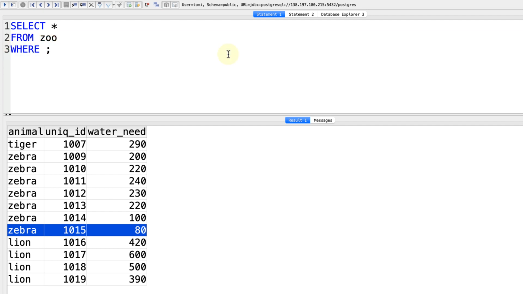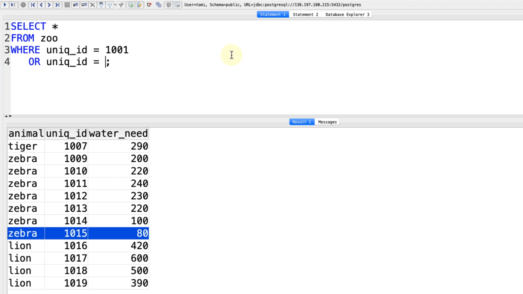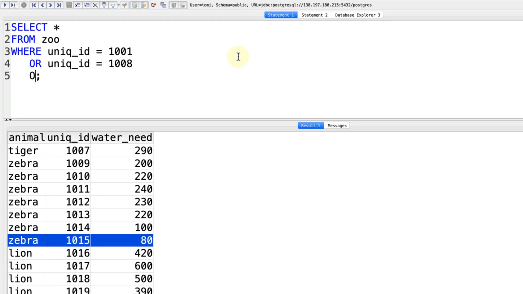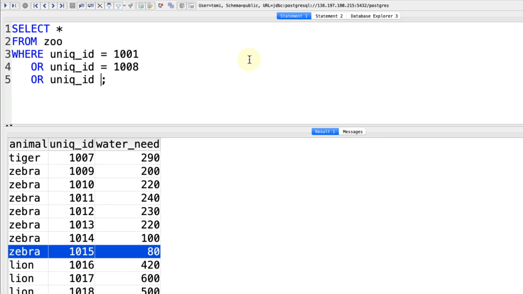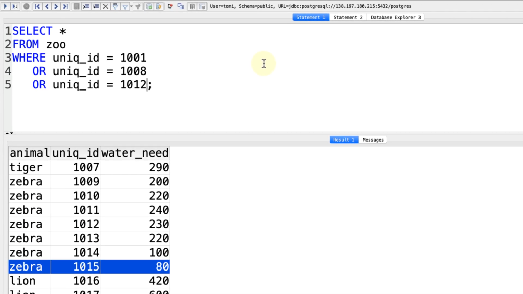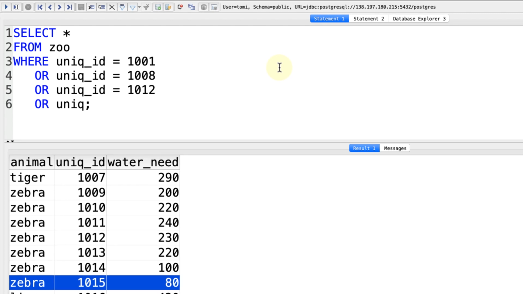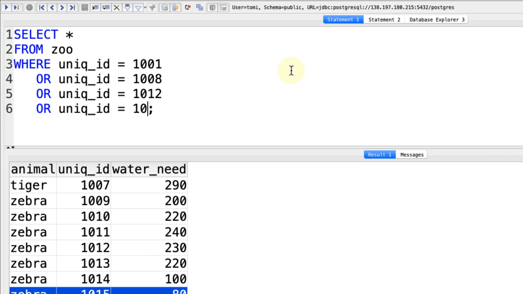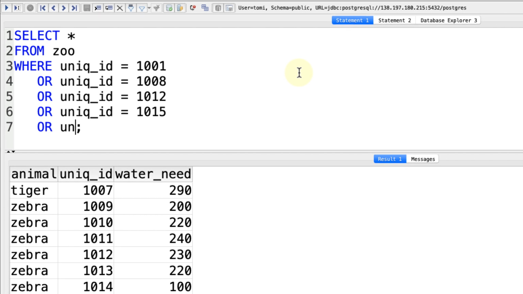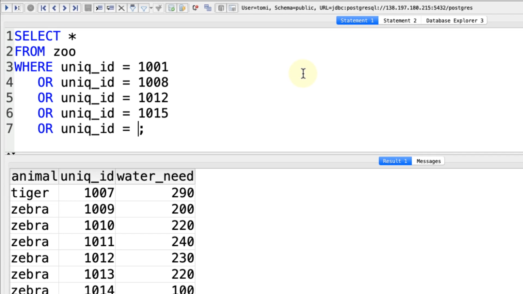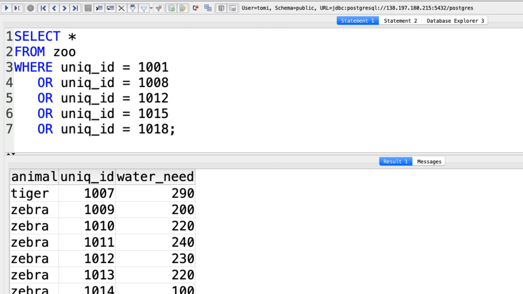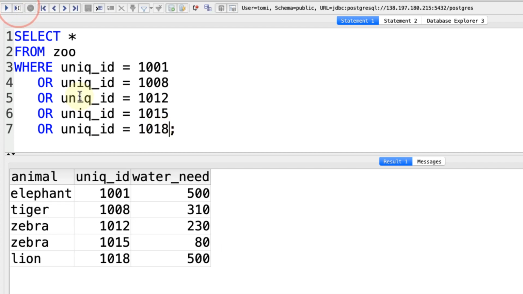I want to select all the animals whose unique ID is 1001 or unique ID is 1008 or unique ID is 1012 or unique ID is 1015 or unique ID is 1018. That's a lot of typing, maybe way too much, and there is a shorter way to get this done,